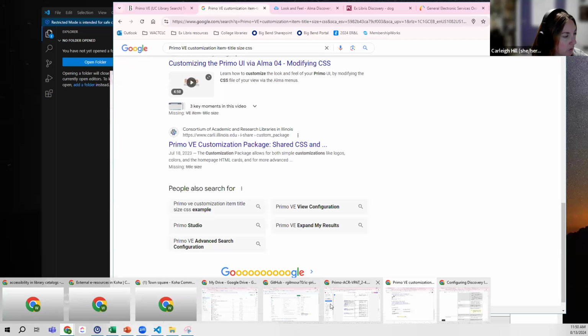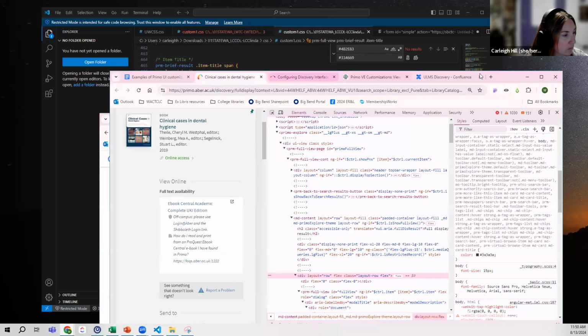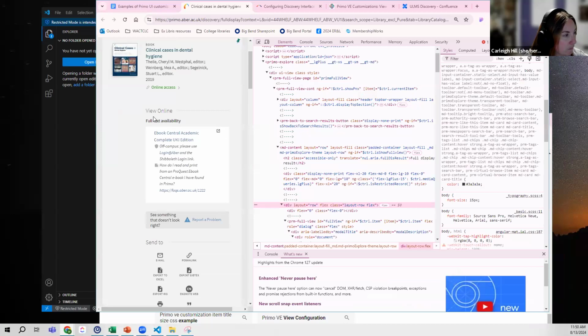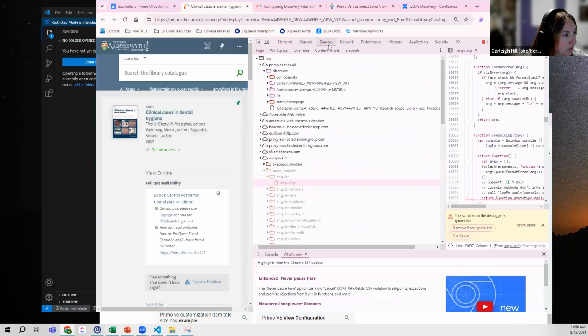Are there more clues? Sources. So this is their Angular, but that's part of